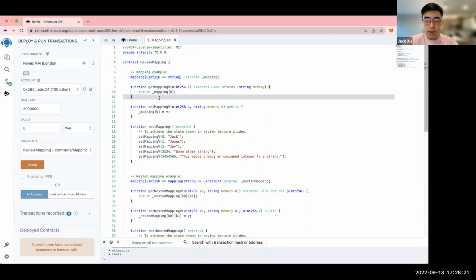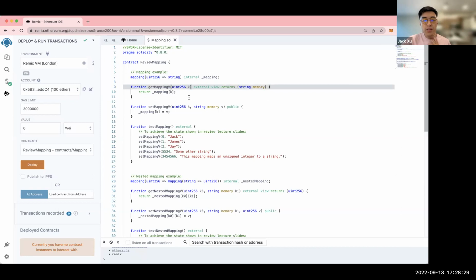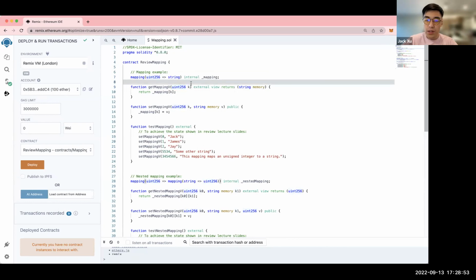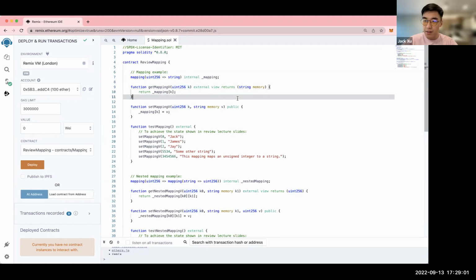Now the first one, this is get mapping V. V stands for value and K stands for key, by the way. You see this function, the name is get mapping V. It takes in a parameter of type number and whose name is K. The reason we take in parameters in functions is because functions are self-contained code snippets.